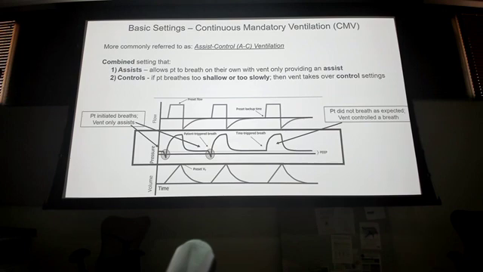So this mode is good for giving uniform breaths. It's going to be a little bit more difficult to take your patient off the ventilator because the machine is doing the majority of the work for them, right? It's delivering that tidal volume, so the patient's not using the full inspiratory, expiratory effort to do that.